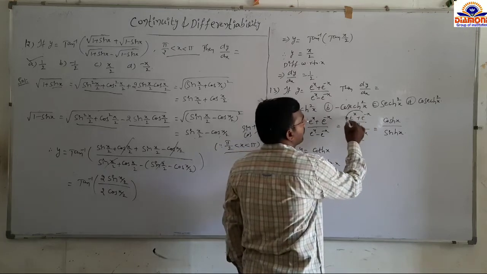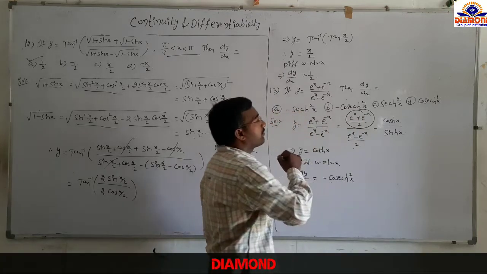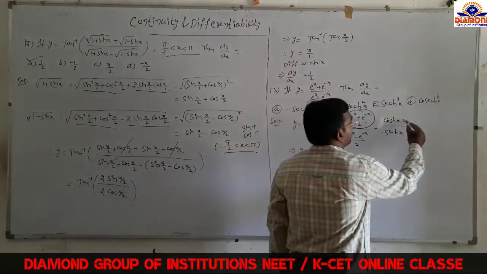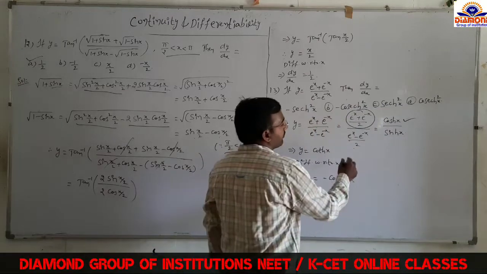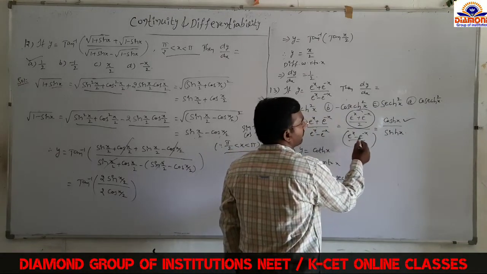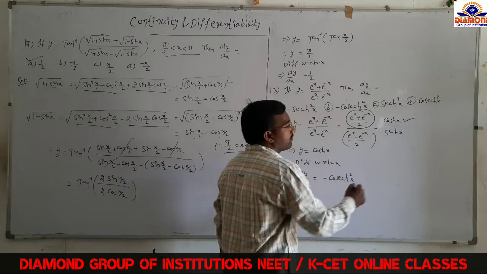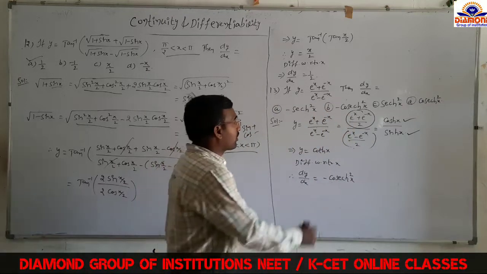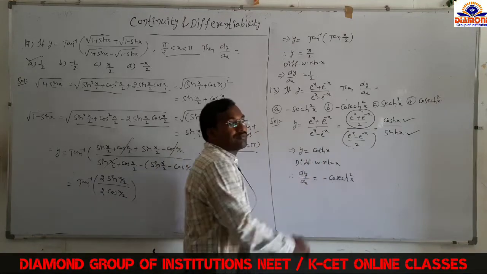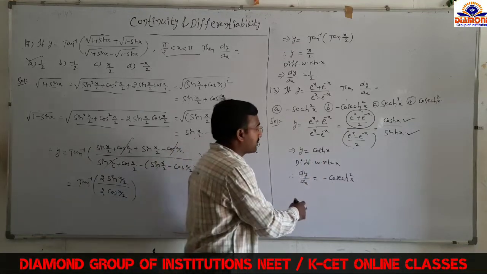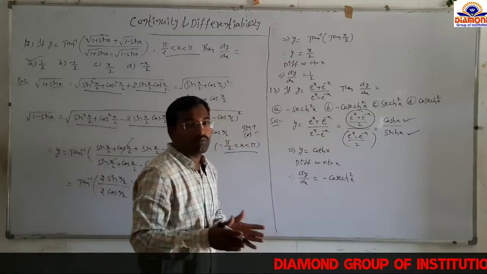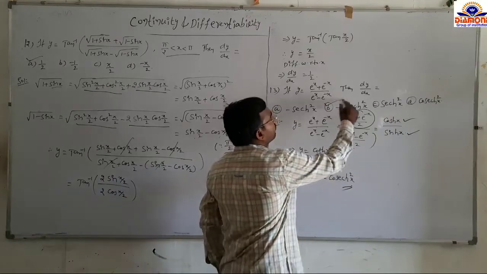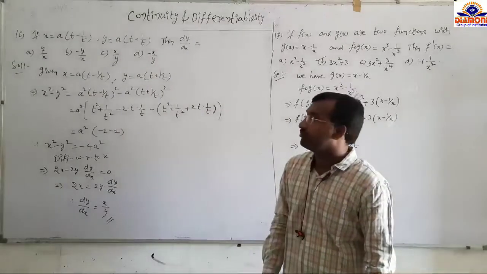So this value is nothing but e power x plus e power minus x by 2, which is cos hx, the hyperbolic function. Next, the denominator, e power x minus e power minus x by 2, is nothing but sin hx. So cos hx by sin hx is equal to cot hx. Now differentiating with respect to x, what do you get? dy by dx equal to cot hx derivative, which is minus cosec h square x. So option B. So next problem.